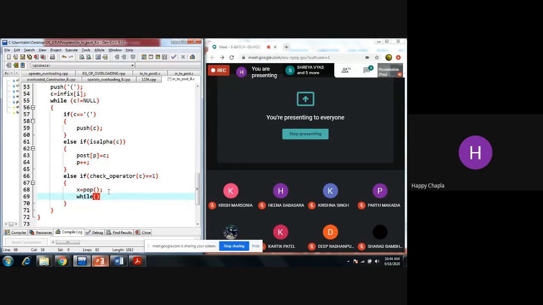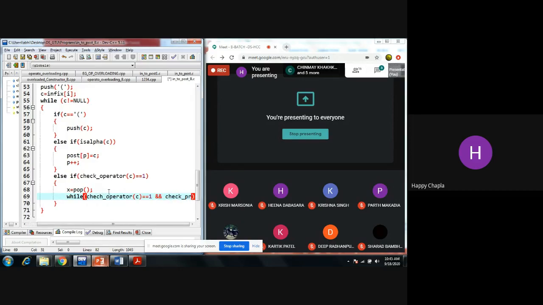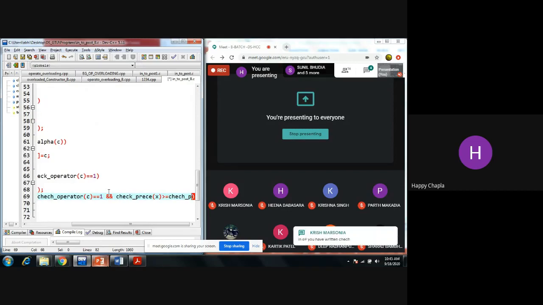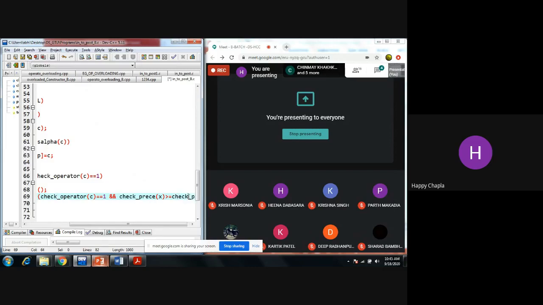So first thing, if your check operator C will return you 1, as well as check precedence of my x variable, that return value, is greater or equal to my C. Okay, what is that C and what is that X?